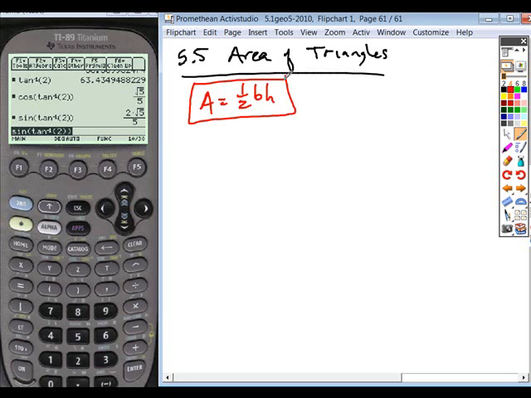And one of the unique things about area of triangles, obviously, I'm not going to give you a problem where I say, hey, your base is 10 and your height is 4. What's the area of the triangle? Because that would just be a waste of time. So it's going to be a little more complicated than that. As far as using the easier numbers, the concept that will usually be demonstrated with the easy numbers is the fact that